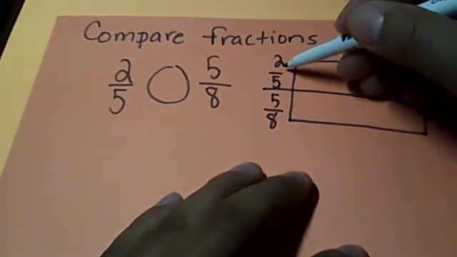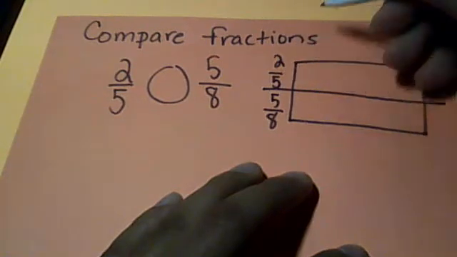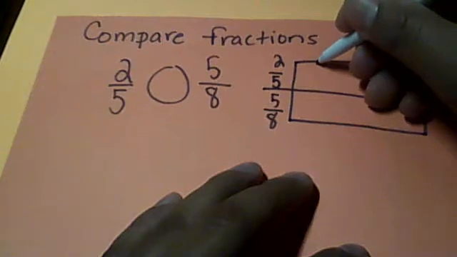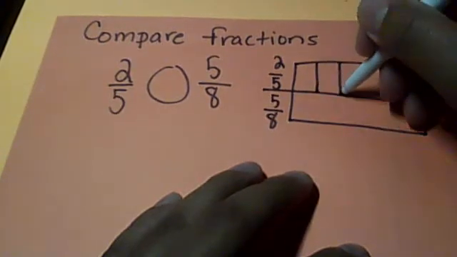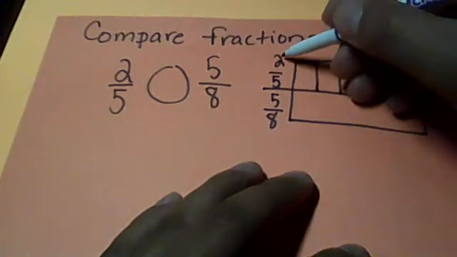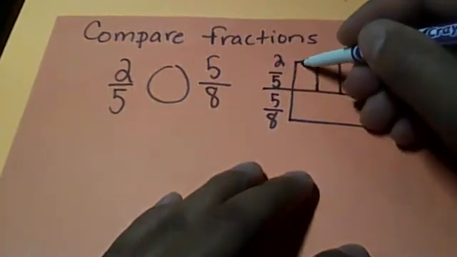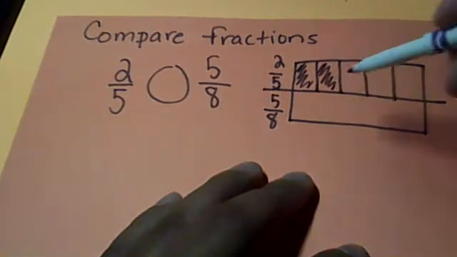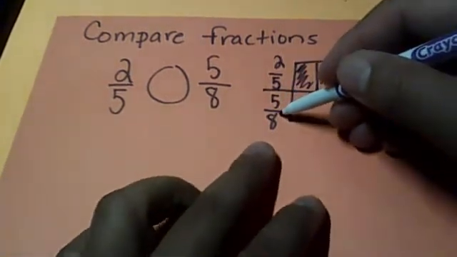Okay, on the top, I'm going to split this into 5 equal parts. So I'm going to try my best to get this into 5 equal parts. Okay, and then since it's 2 out of 5, I'm going to shade 2 out of 5. On the bottom, I'm going to